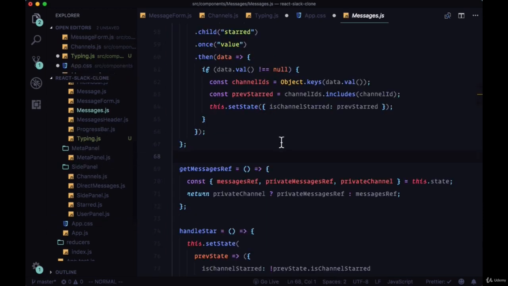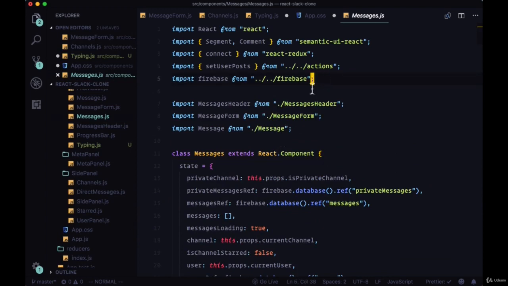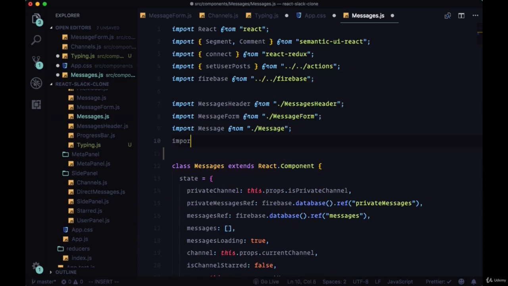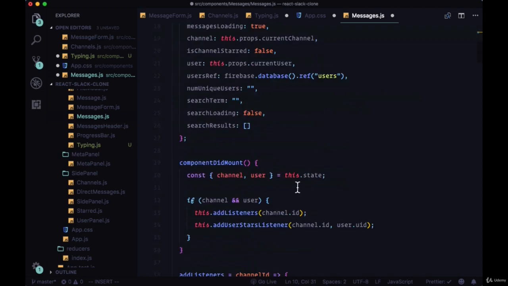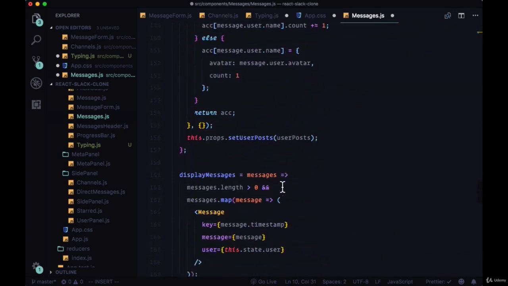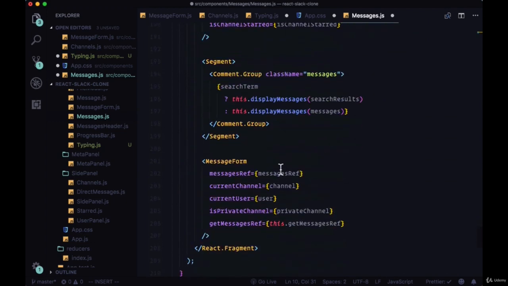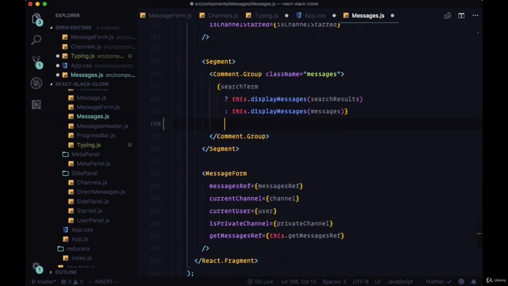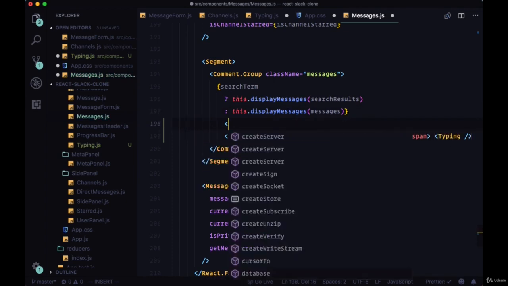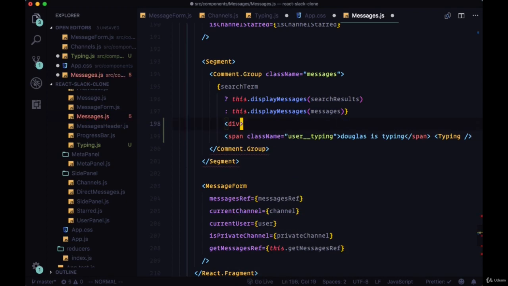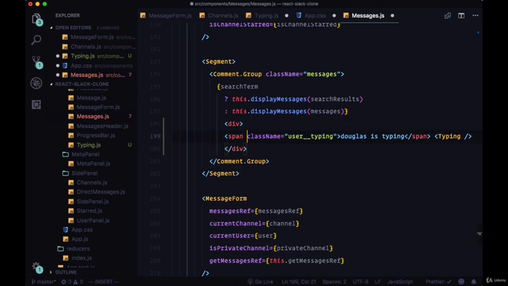So now in our messages component, we'll make sure to import our typing component from /typing, and then to display it, just to preview this, we'll go within our comment group, where we'll create a span with the class name of user__typing, and just as some sample text, we'll say Douglas is typing,